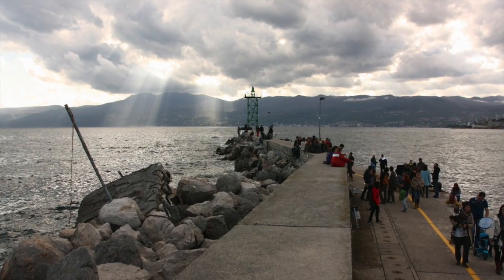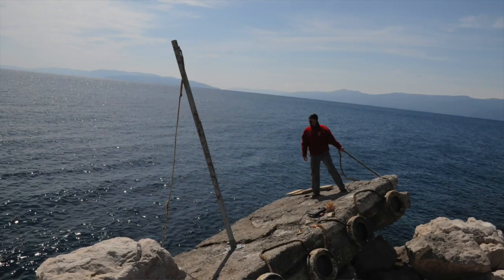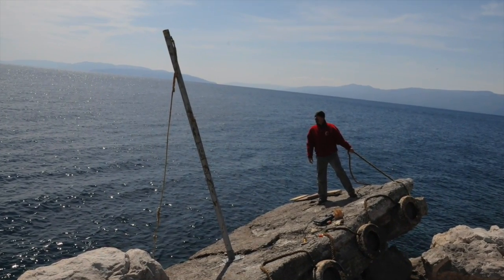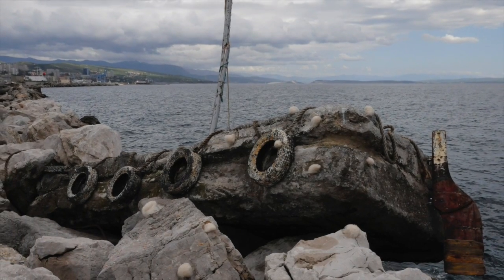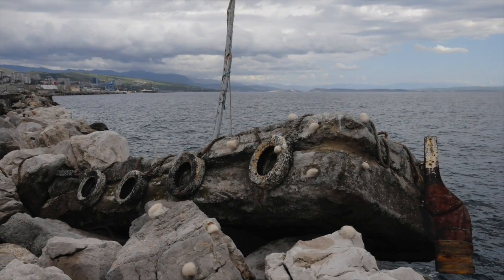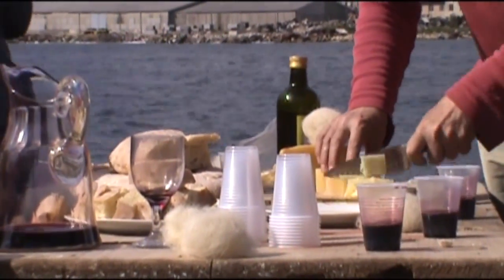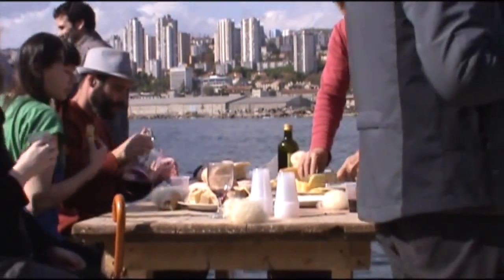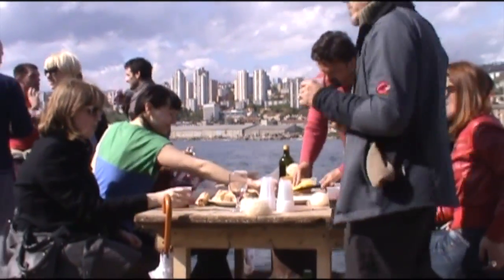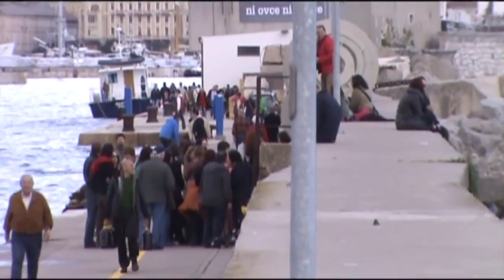I see the pier as a point of convergence of two rhythms, the predictable, incessant rhythm of industry and urbanity and the domestic, rural rhythm of agriculture of sheep. My work, titled Stranded Sheep, combines performance and installation to create an allegory for Rijeka's transformation. In my story of how the sheep got to this part of the world, a ship carrying sheep